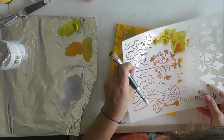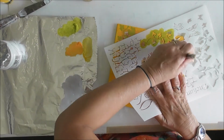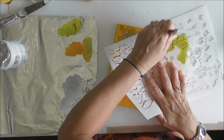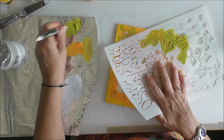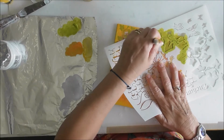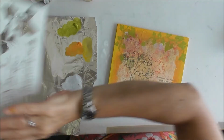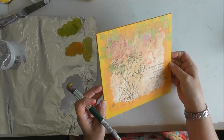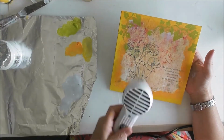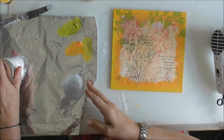I'll just have that one go over there like that. There we go. Oh, you can see the ivy, so I'll get that dried. Right, I think I can start to